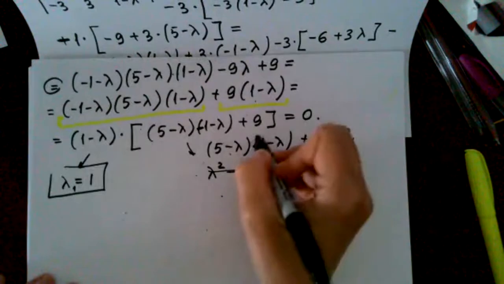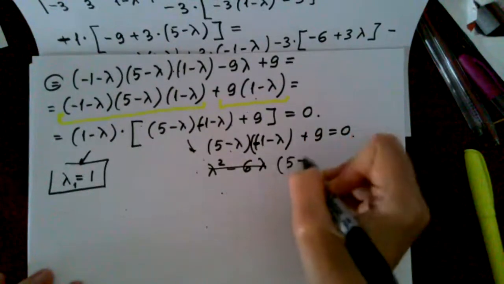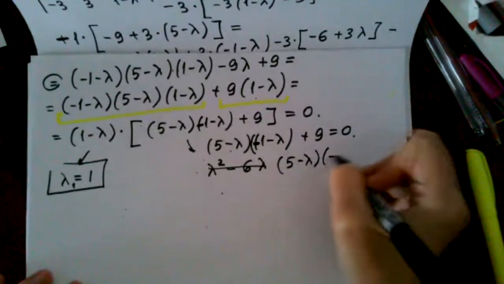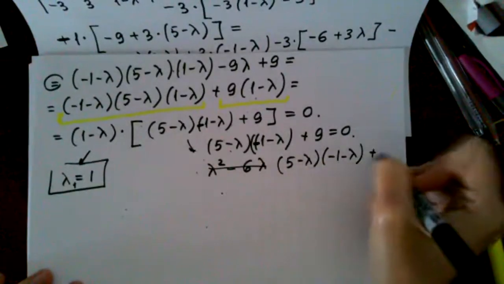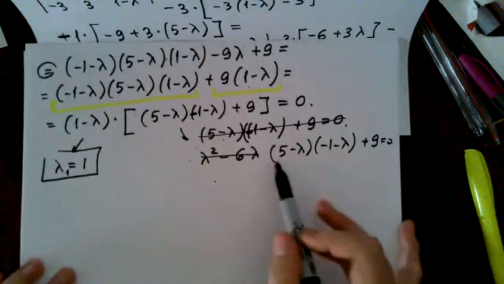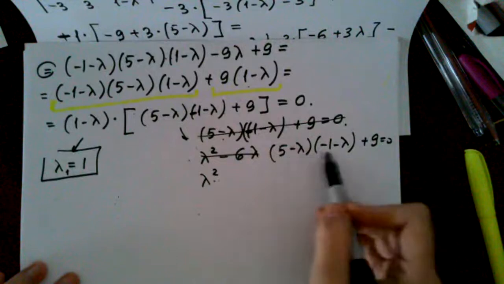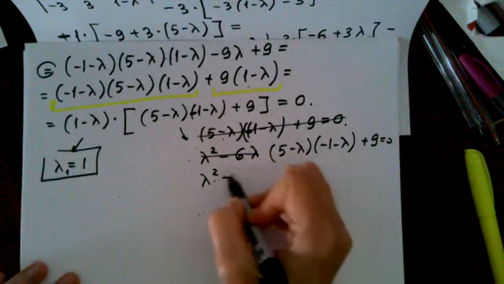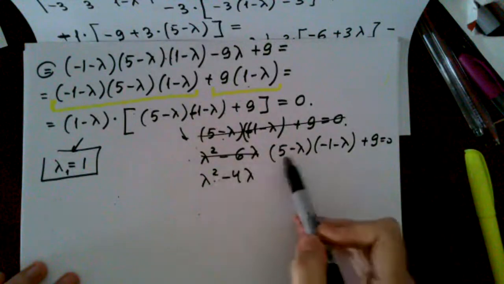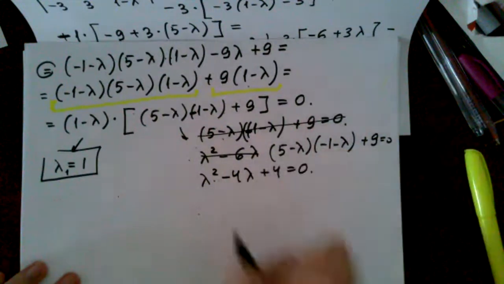Okay, but now it looks a little bit messy and dirty. Maybe it's better to rewrite it. 5 minus lambda, minus 1 minus lambda. So I forgot to rewrite this minus last time. Okay, now I can do this multiplication. It will be lambda squared minus lambda, minus 4 lambda, and minus 5 plus 9 will be 4. So we do have